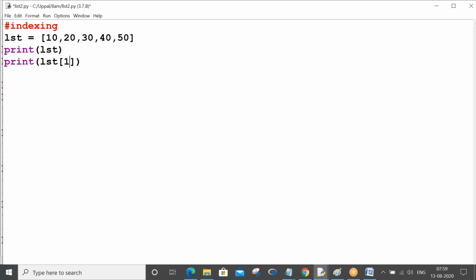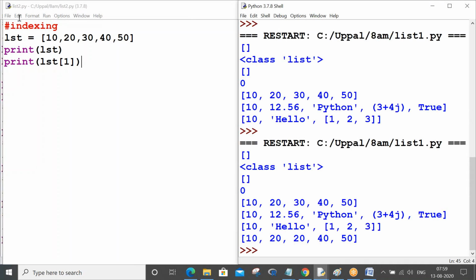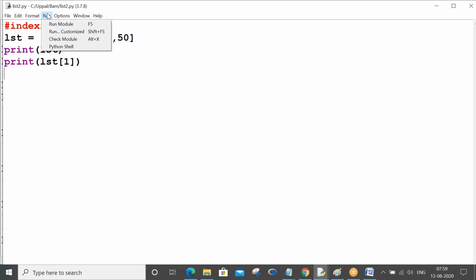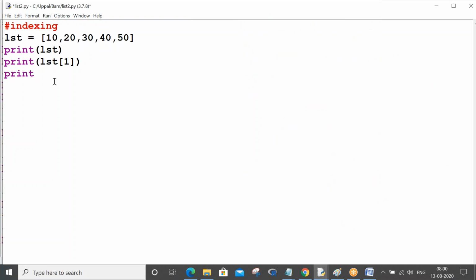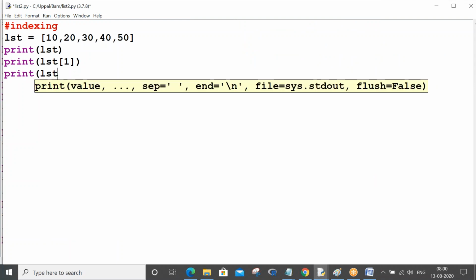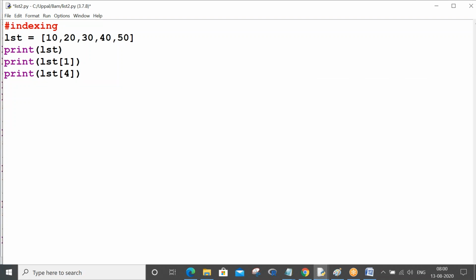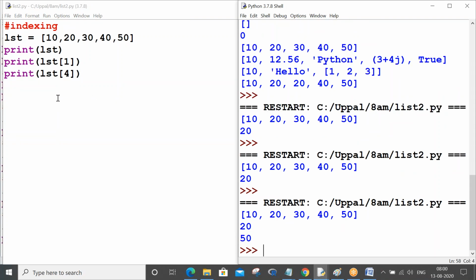Indexing starts from zero. Control S, F5. Yeah, you got your answer 20. If I want 50, with indices 0, 1, 2, 3, 4, 4 is what I have to give to get the answer 50. So this is how indexing works.